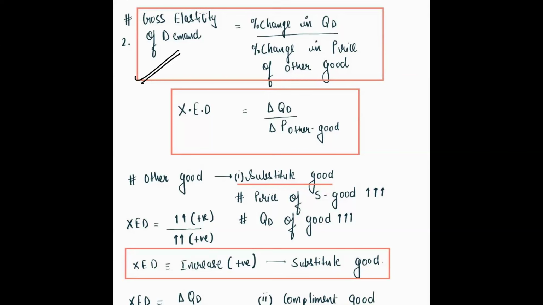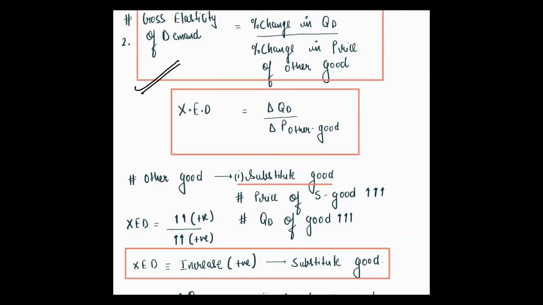So other goods, the concept we have read in the last class, that is substitute and complement goods, that you have to keep in your mind. Maybe you will see that some of the institutes are giving various formulas for this, but there is no need to understand that. Some basic questions are asked, and if some type of numericals will be asked, I will tell you in the revision batches. The concept is similar only: change in quantity demanded with the change in price of other good. Other good is what? It is easy to understand. One is substitute and one is complement. So we will try to understand.